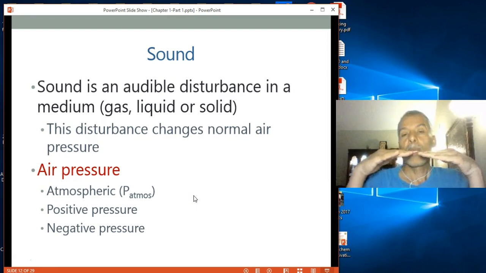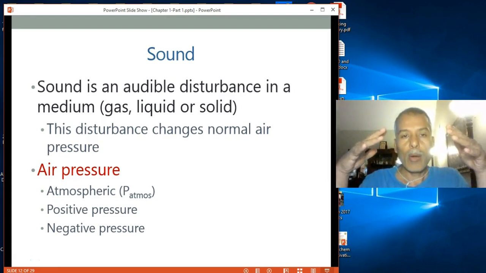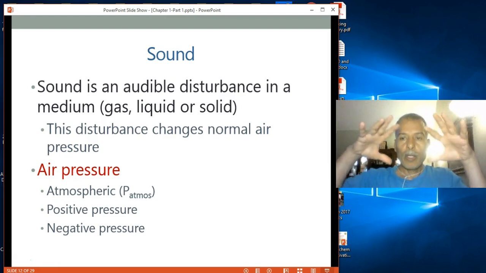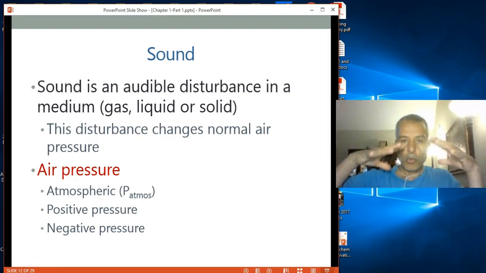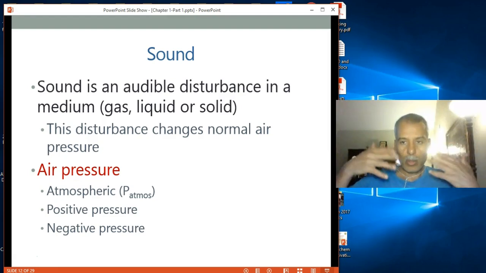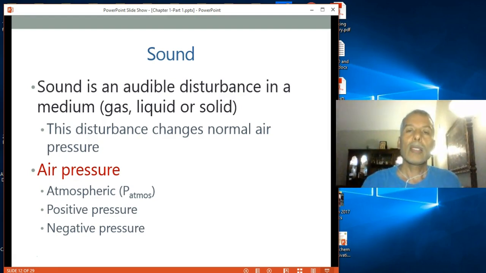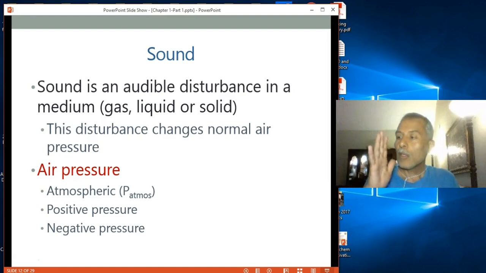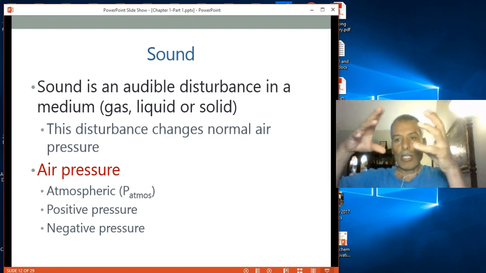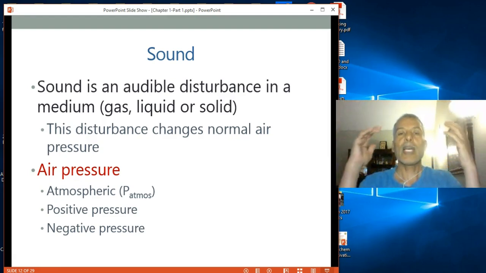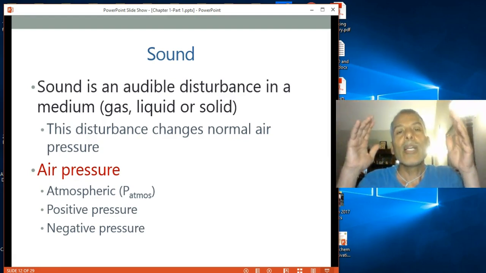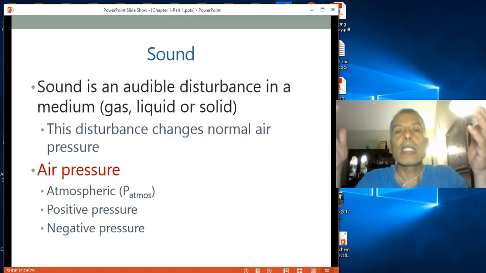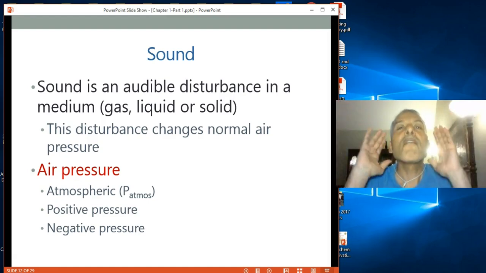So again, the way that air pressure works, there are more air molecules near the surface, where we breathe and stuff. And as you go up, the higher you go up, the less air you are going to find. Because air has weight, you have less weight, you have less crowding as you rise up in the atmosphere. When you are on an airplane, especially traveling long distances, and it is, say, 50,000 feet,